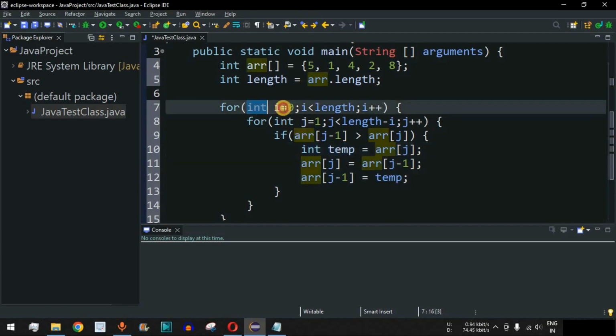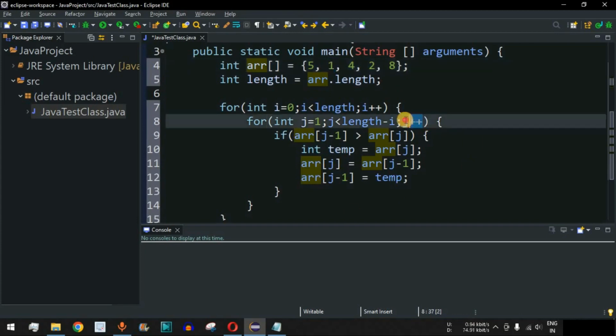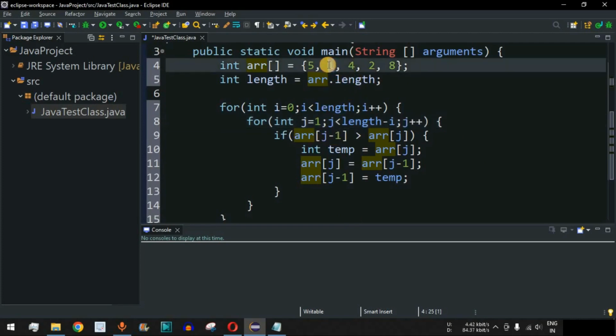So what will happen is, in the first iteration of the outer for loop, 5 will be swapped with this one element over here. So it will be 1, 5, 4, 2, 8. Next time again, the j plus plus will make the value of j as 2 now, and then array of j minus 1, which is 5 right now after swapping in the previous iteration, will be compared with array of j, which is 4 right now, and again it will be swapped. So it will be 4 and then 5 over here, and then again it will be compared with 2, so 5 will come over here, and then 5 will be compared with 8 finally,